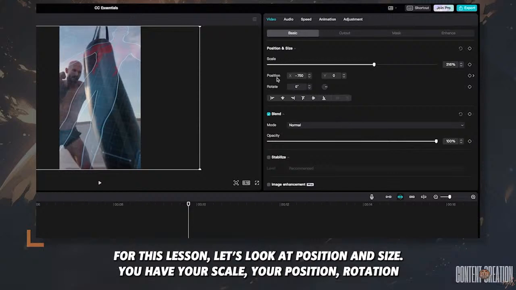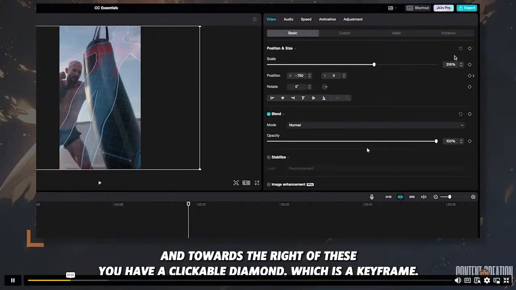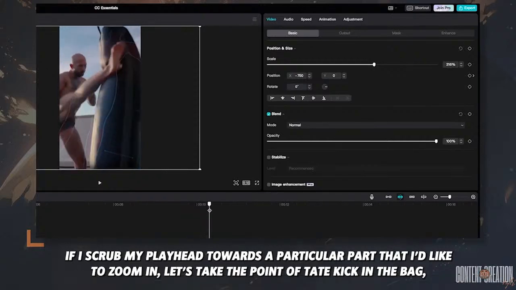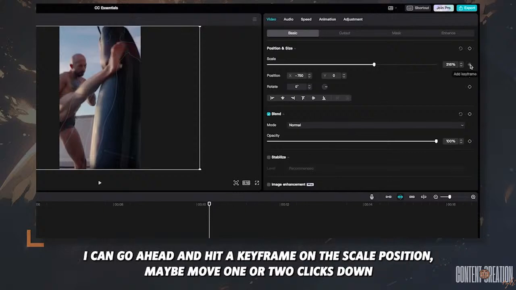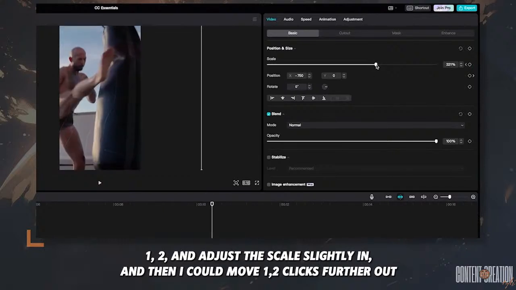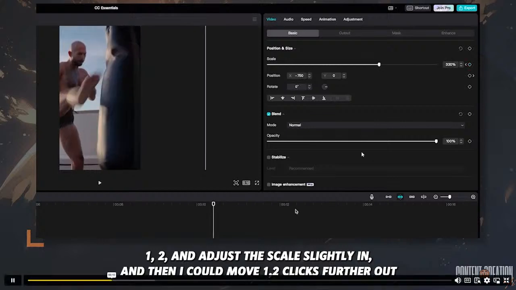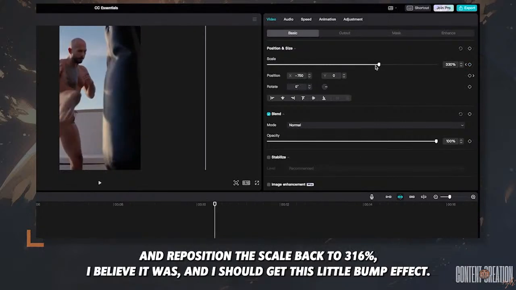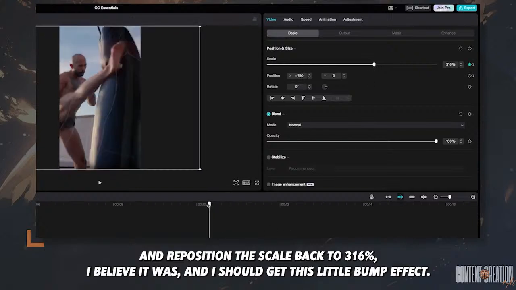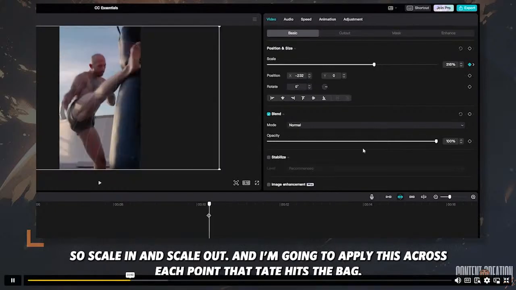You have your scale, your position, rotation, and towards the right of these, you have a clickable diamond, which is a keyframe. If I scrub my playhead towards a particular part that I'd like to zoom in, let's take the point of Tate kicking the bag, I can go ahead and hit a keyframe on the scale position, maybe move 1 or 2 clicks down, and I'll adjust the scale slightly in, and then I could move 1, 2 clicks further out and reposition the scale back to 316, I believe it was, and I should get this little bump effect. So scale in and scale out, and I'm gonna